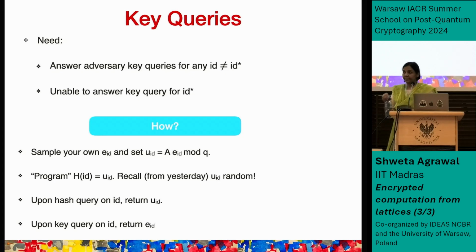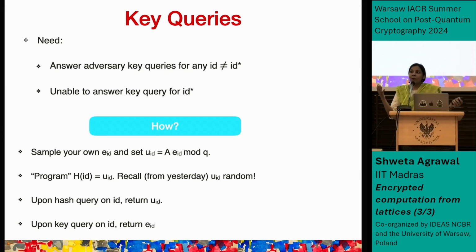How does it help us in the proof that we sample EID instead of UID and then reverting? The point is that in the proof, I, the challenger, need to be able to return a secret key for ID.